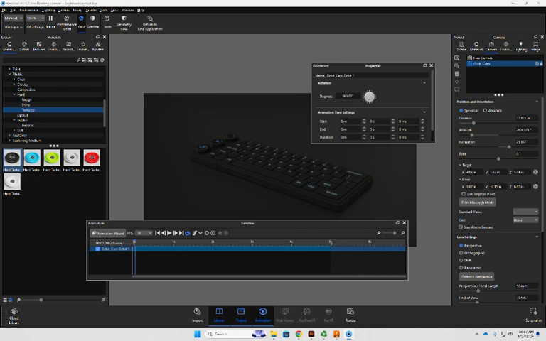I don't want it to go 360 degrees. I only want this to go to like 90 degrees, if that. Maybe even like 75 degrees. Okay, now it's still going in some weird direction. So I'm thinking that my center point is not actually my center point. So let's go to